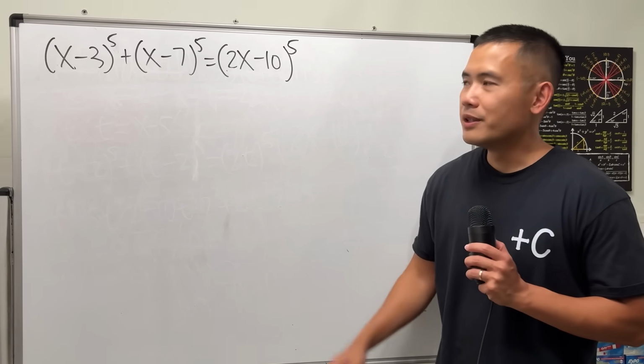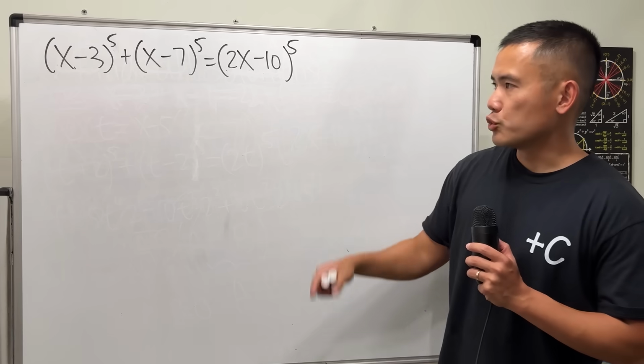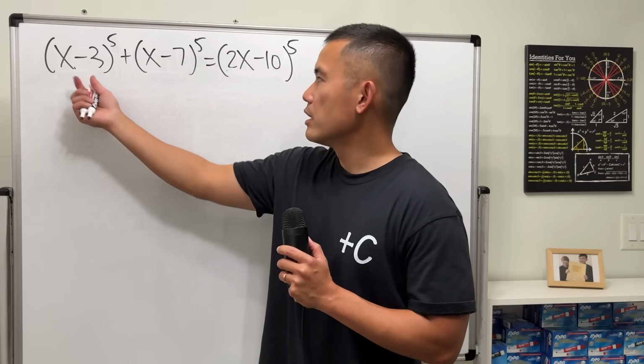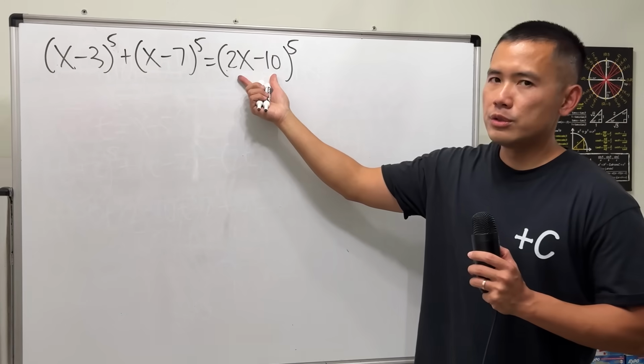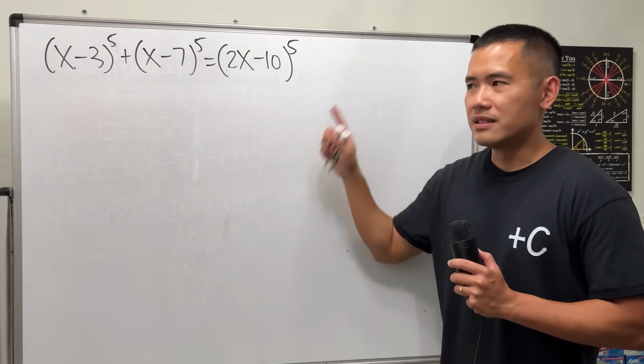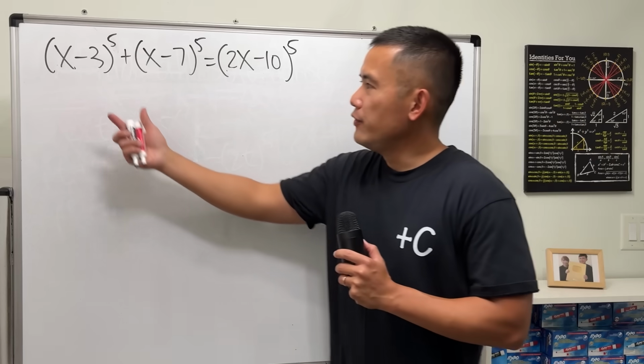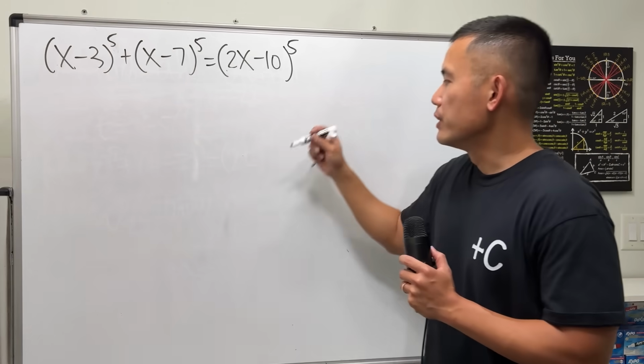So this is a solution to this super nice quintic equation. The reason that this is super nice is because the inside here plus the inside here happens to be the inside here. Well, to be honest, it's not happens to be, it's set out to be so. And I will also tell you though, if you make the inside here equal 0, you get x equal to